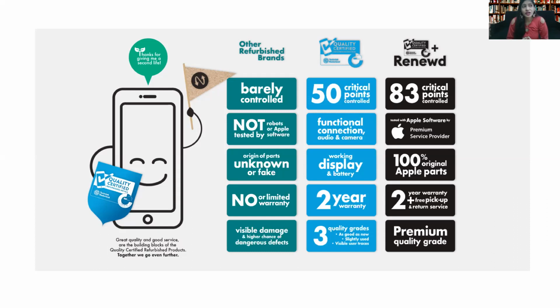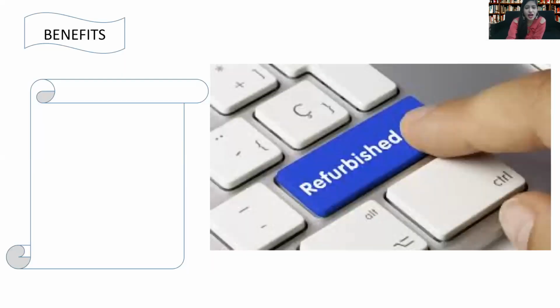Now moving on, what are the benefits of having a refurbished product over a brand new one? Let us move ahead with that. There are a few benefits which you get from refurbished products, like having your favorite gadget at a pocketable rate. Why do we say pocketable rates? Generally, brand new products are quite expensive and most users are not able to afford them. So the refurbished products, which are actually pre-owned ones, can be reused in the same condition as tested, absolutely like new, but now at a pocketable rate.